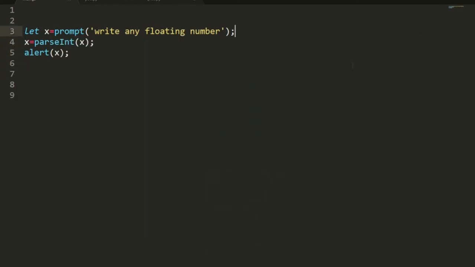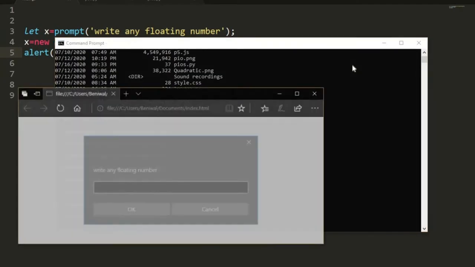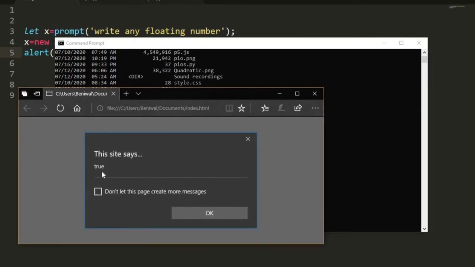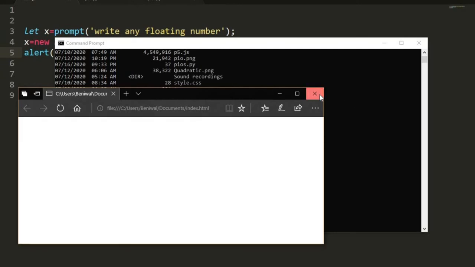Similarly, we can convert anything else into a string. We have an x.toString method that is used for that. We can use one more thing in this, like x is equal to new Boolean of this x and alert of this x. Control S for saving. This is a nice question if you try. Write any number, we type 12 and then we say okay, so this will return true.